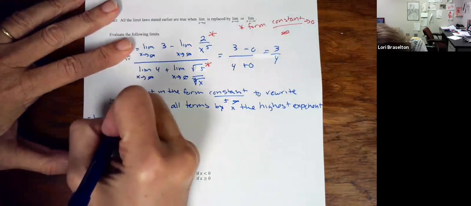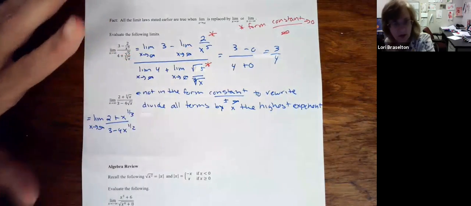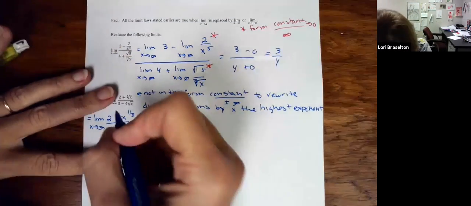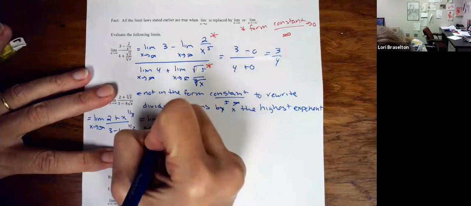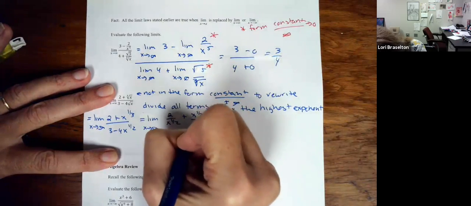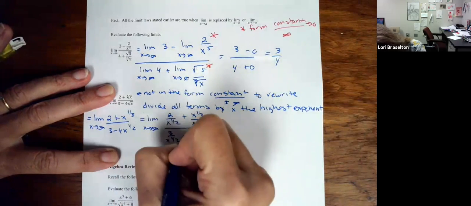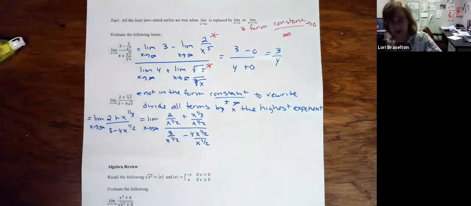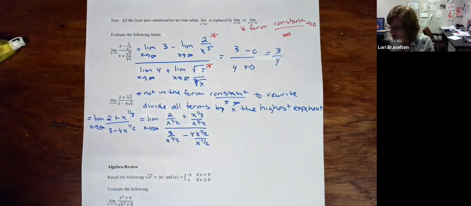That's 2 plus x to the 1/3 over 3 minus 4x to the 1/2. So my highest exponent there is x to the 1/2. So I'm going to divide everybody by x to the 1/2. So 2 over x to the 1/2 plus x to the 1/3 over x to the 1/2, over 3 over x to the 1/2 minus 4 over x to the 1/2 over x to the 1/2. So I divide everybody by x to the highest exponent, and then I simplify,